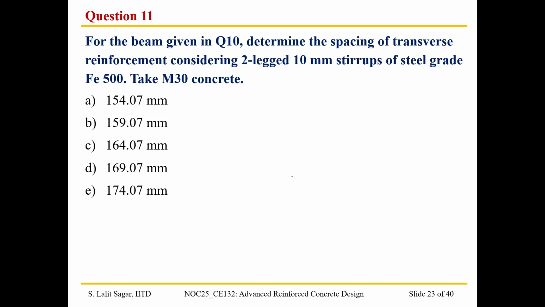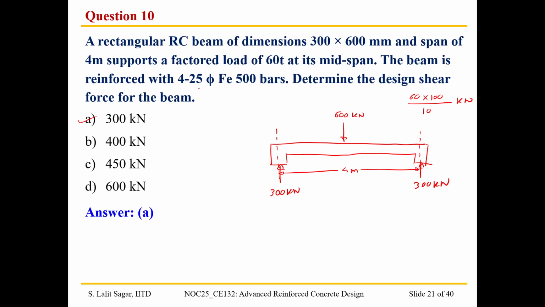Now, for the beam given in question 10, determine the spacing of transverse reinforcement or stirrups, considering two-legged 10 diameter stirrups of grade Fe 415, and take M30 concrete. So I'm going to be solving the problem along with you now. We have 300 by 600